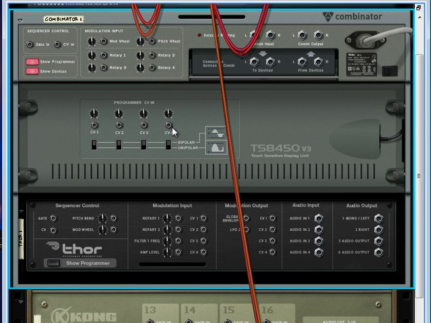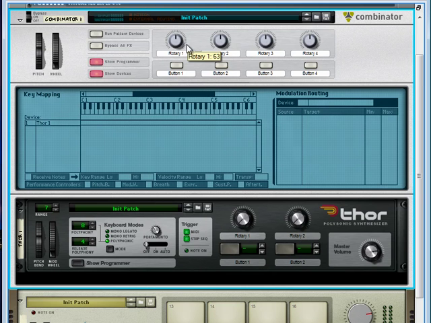Now we can send it to a CV input instead and keep all of our rotaries for useful performance parameters. I'm going to walk through exactly what that looks like in a little bit, but for now, let's move on